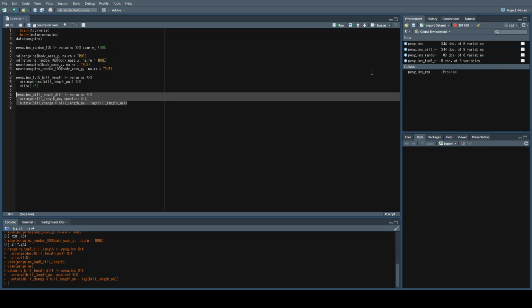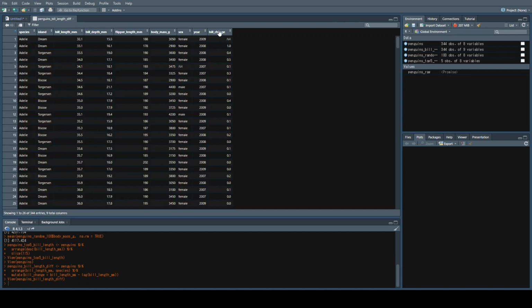So if we call this and we go look at, this will be what, bill length diff, and we go look at this, we've created a new variable called bill change. Now, obviously, the first one is going to be not available because there is nothing to compare it to previously, right? And what we see here is if we look at 1 and 0.4 and 0.5, 0.1, basically what it's telling you is in millimeters how different is the previous bill length to the one